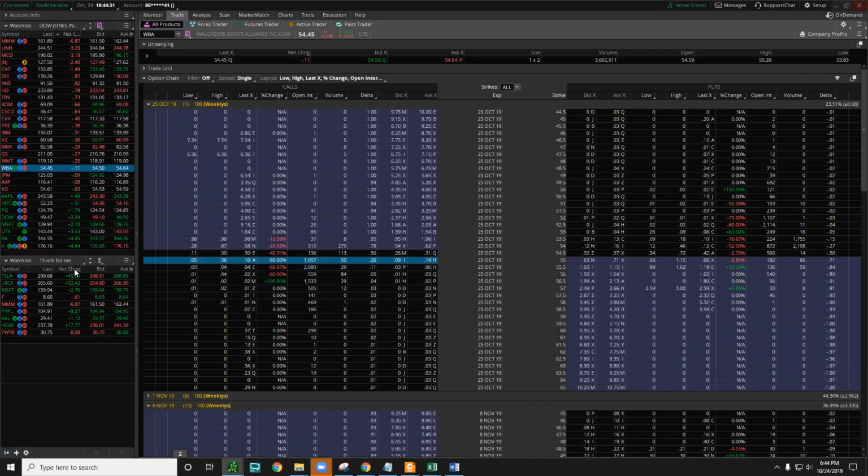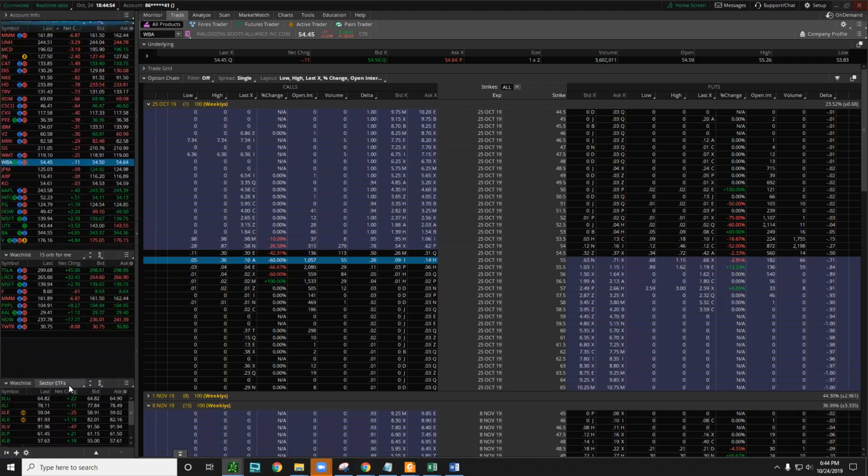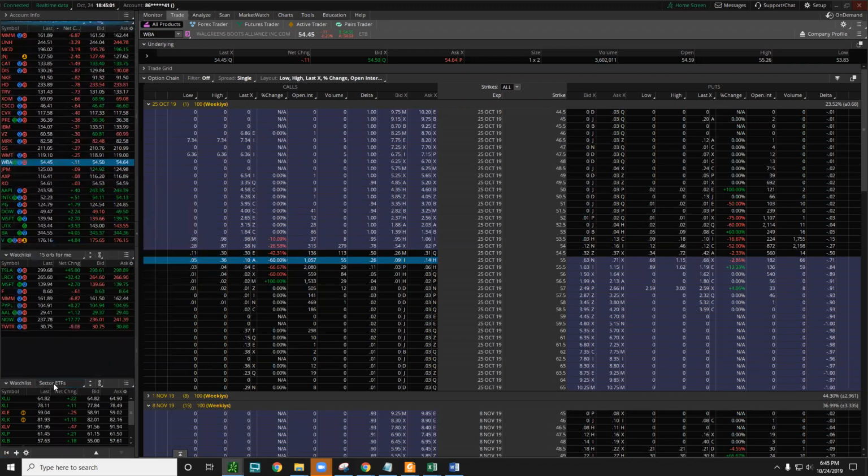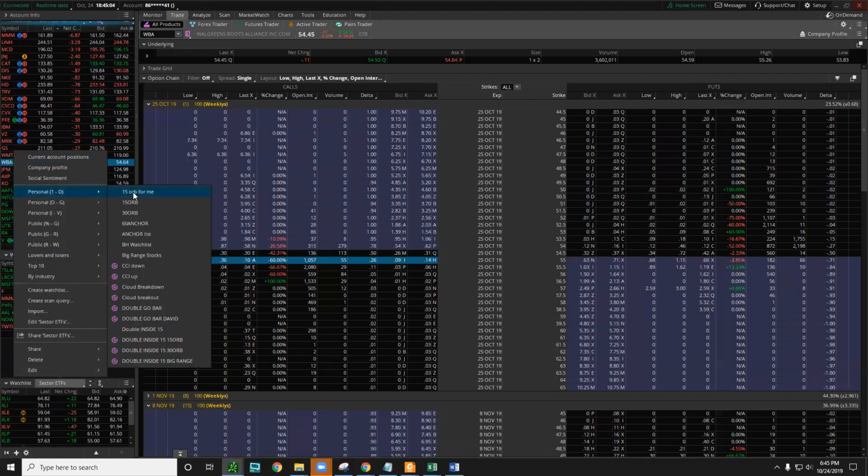One silly question: is there any way we can get an alert when there is a go bar on the watch list? Yeah, there is. There's a couple ways you could do it. One way is to create a scan for go bars and add it to a watch list. So here you could go watch list, and I think I have one here. Let me see, so file, hold on, sorry guys. File personal,